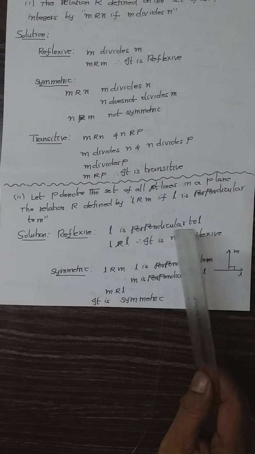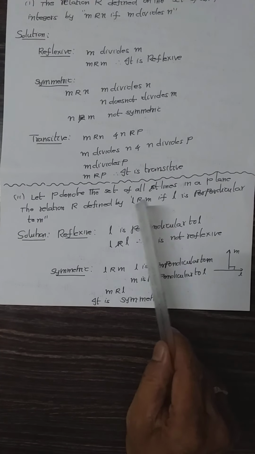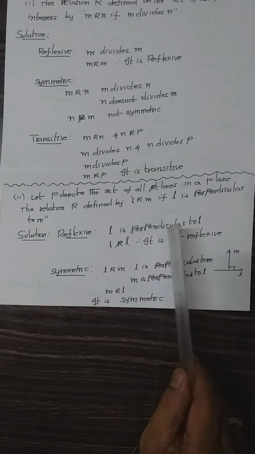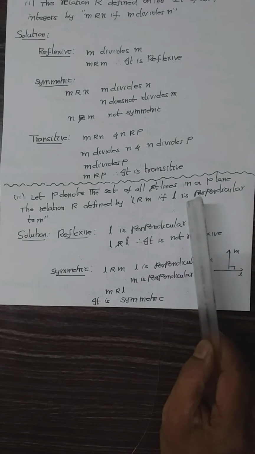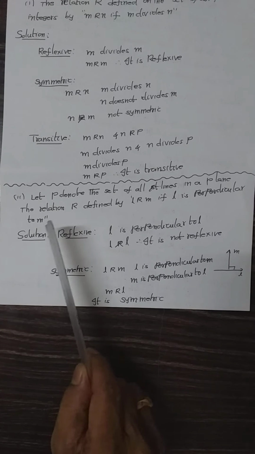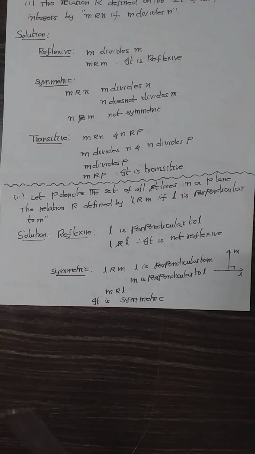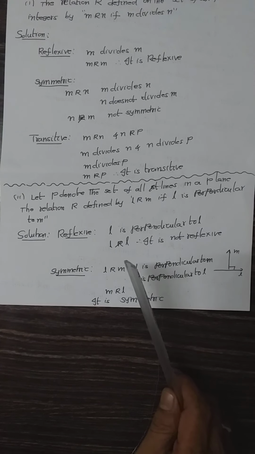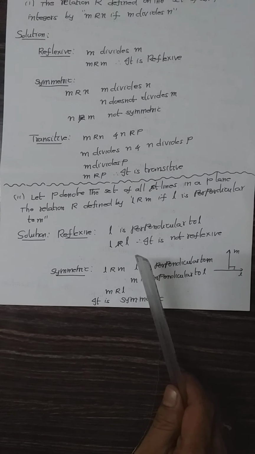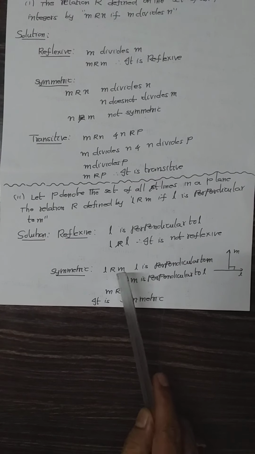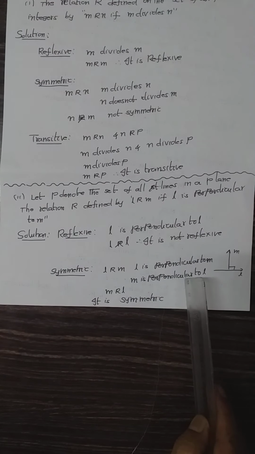So students, just remove M here; instead of M, check L related to L, that's it. That is what you have to check. That's why I told: statement, relation. What is the statement? L is perpendicular to M. Statement, relation, then conclusion. Next, symmetric. In general, what is a symmetric relation? If (A, B) belongs to R, then (B, A) also belongs to R. But how will you remember it generally? Relation, statement, statement, relation. That is the way you should remember.